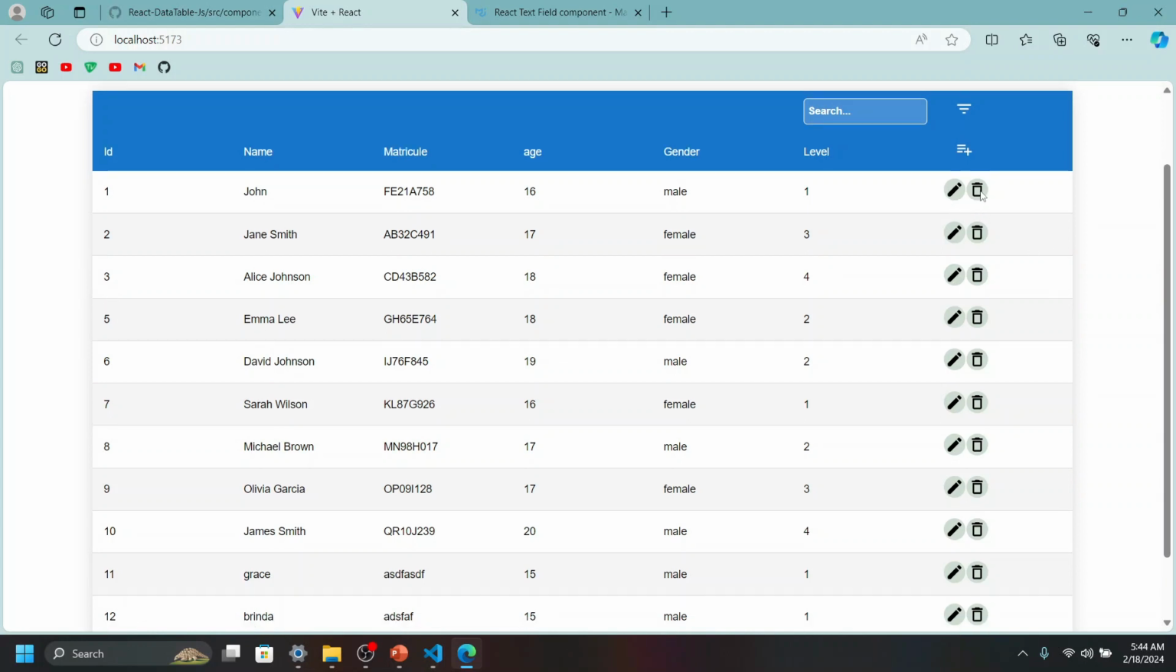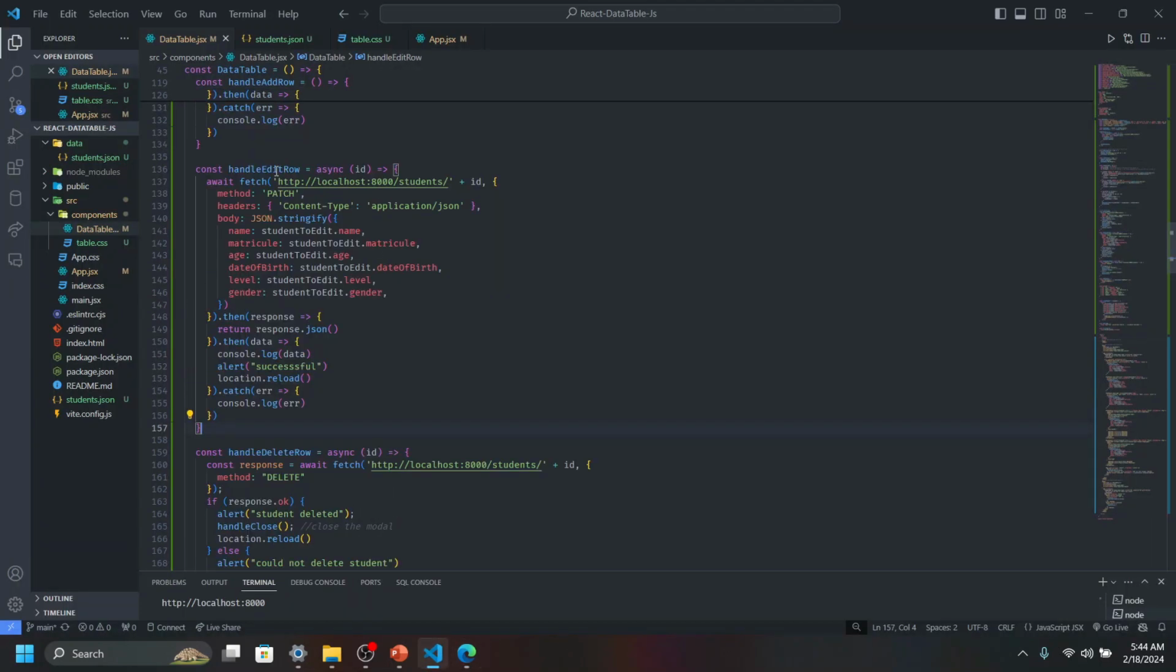Now the edit and delete functionalities are pretty much done, but we still have the problem of the page reloading or refreshing each time we edit or delete any row from our data table. So to handle that, I'm going to return to our code, starting with the handle edit row function. Here, after receiving the edited student, because this data is actually the edited student from our response, I'm going to replace all this action, including the reload statement, with this